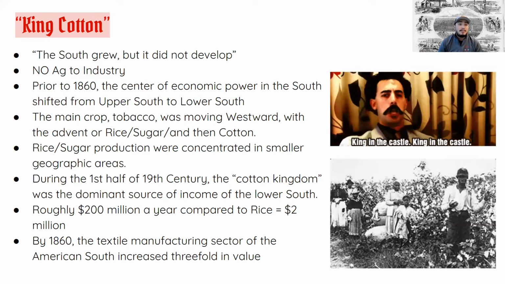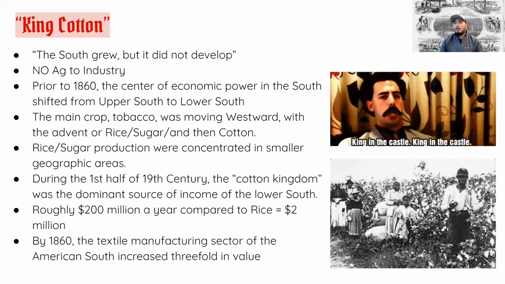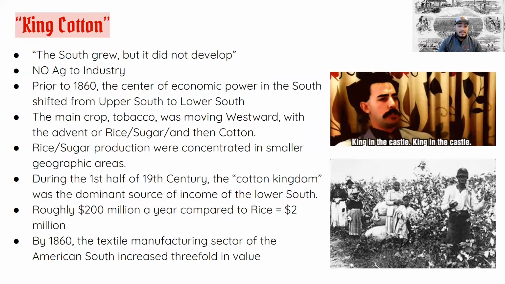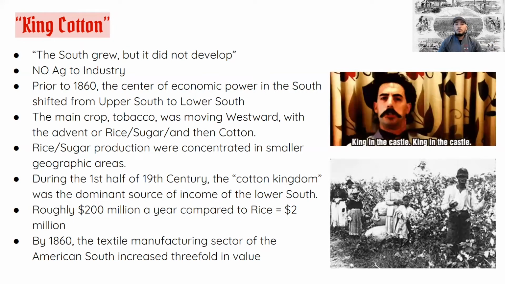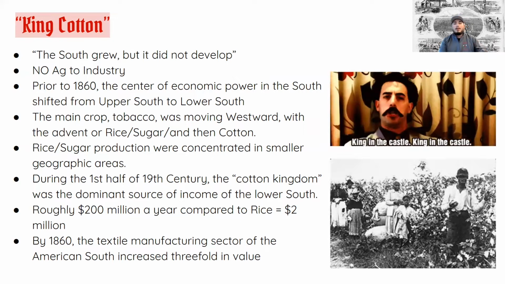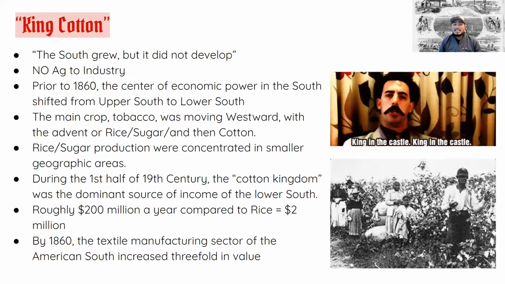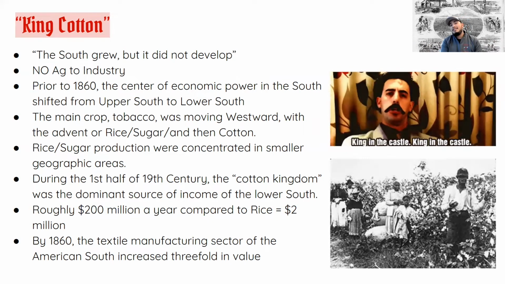Cotton, especially, is why this place, this antebellum South, is called King Cotton, as the most cotton is being produced here out of anywhere else in the world. How much money are they making? Well, we're talking lots of money. If you're looking at my notes right here, we're talking about roughly $200 million within that cotton industry, and comparable to the other agricultural goods like rice being 2 million. This is significant for the time. And this is why you're starting to see a double down on agriculture expansion.